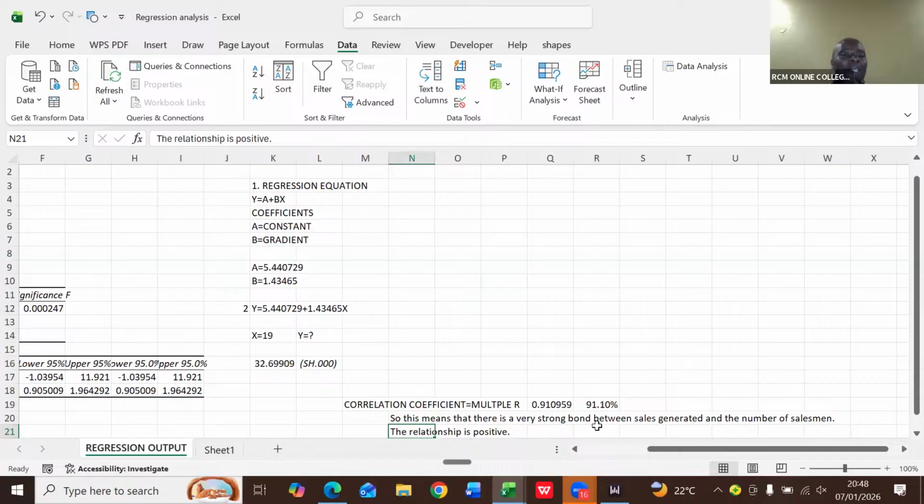The sales is increasing. So this is really good. And then at the end of the day, you are able to advise what here? You are able to advise that the more the salespeople, the more the sales you are going to generate. But again, as I taught you in advanced management accounting, a positive R does not always mean nice things,